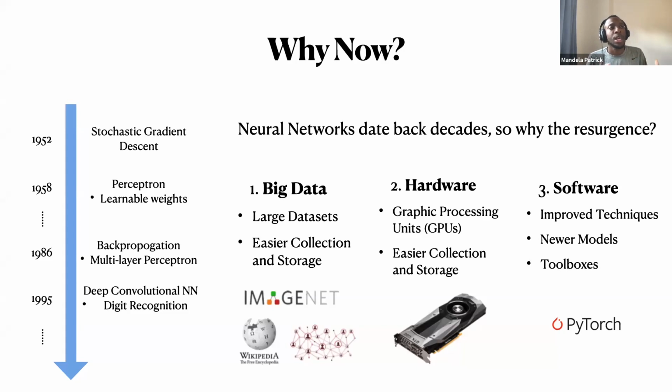Then hardware. A lot of neural networks rely on what we call matrix multiplication, and graphic processing units have allowed us to do this much more quickly. And the speed and memory of these graphical processing units has increased exponentially since the 1950s, 80s, 90s. And then software. For example, in this course, we're going to be using PyTorch, and libraries such as PyTorch and TensorFlow have made it pretty easy for you to run these models and train these models on standard graphical processing unit machines.